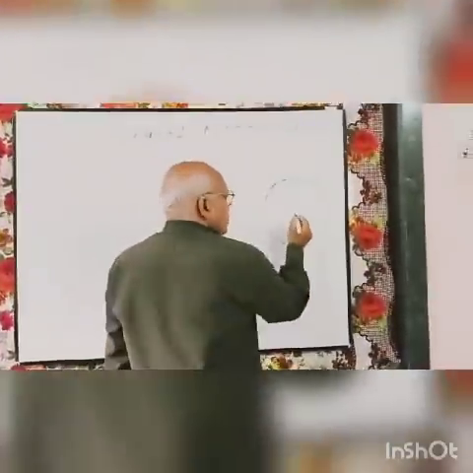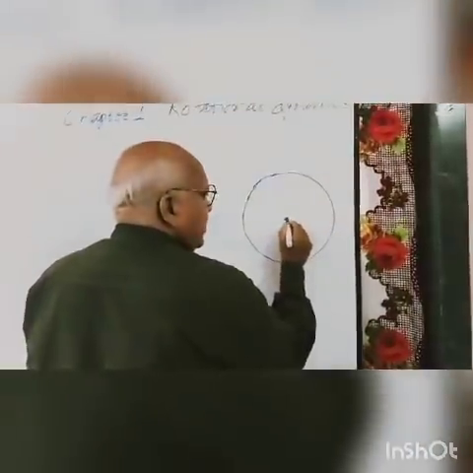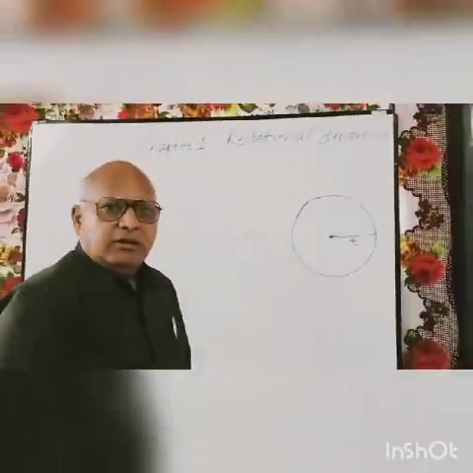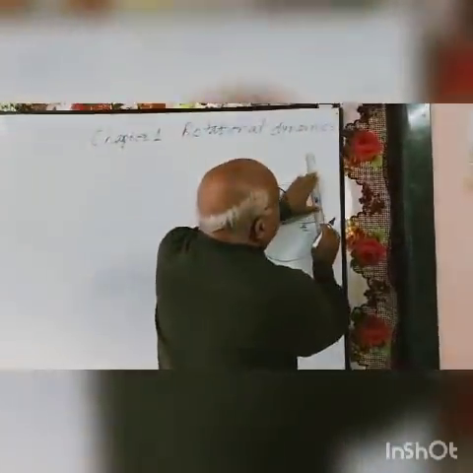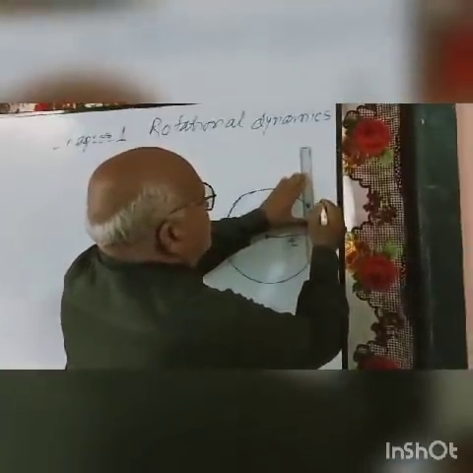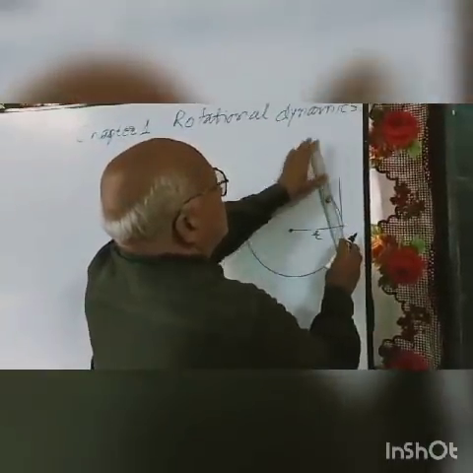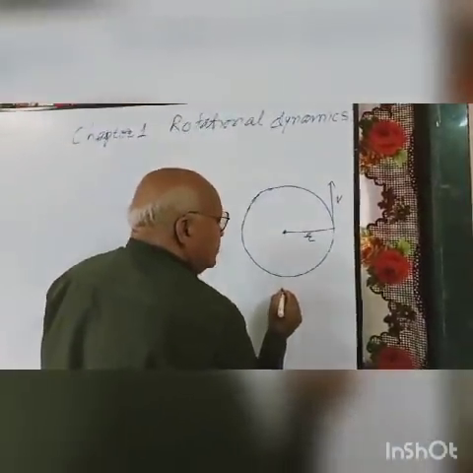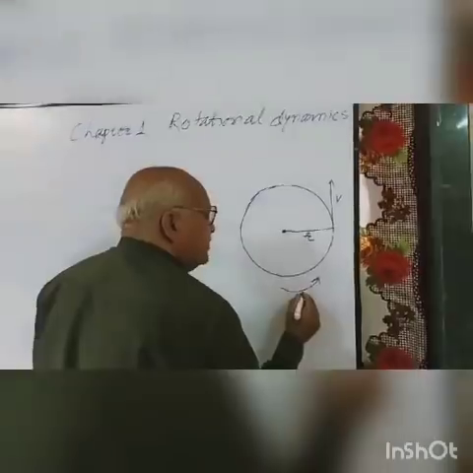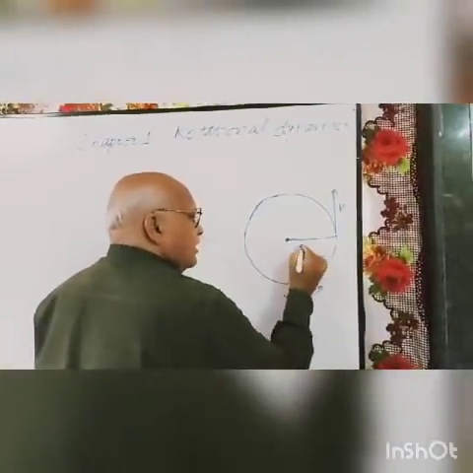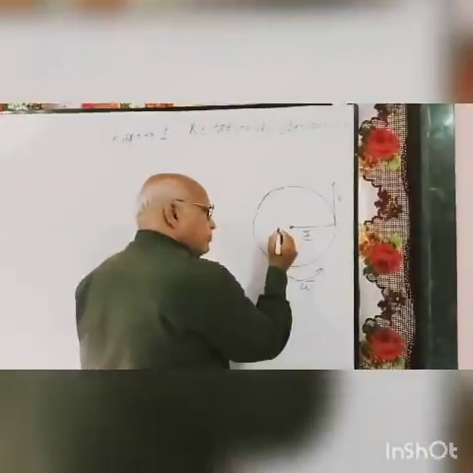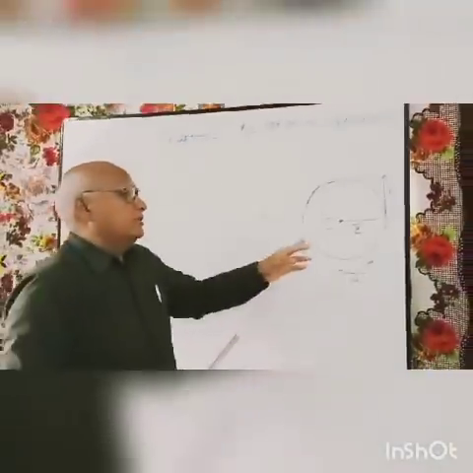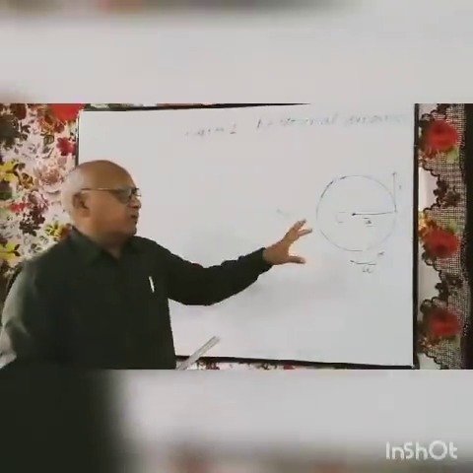Now here, suppose that a particle is performing its motion along the circumference of a circle with constant radius r. When it performs circular motion, it has a tendency to move along a tangent to the circumference of the circle. It has a linear velocity v. This object is moving with angular velocity omega with radius r, around this fixed point C, where C is the center of this circle.